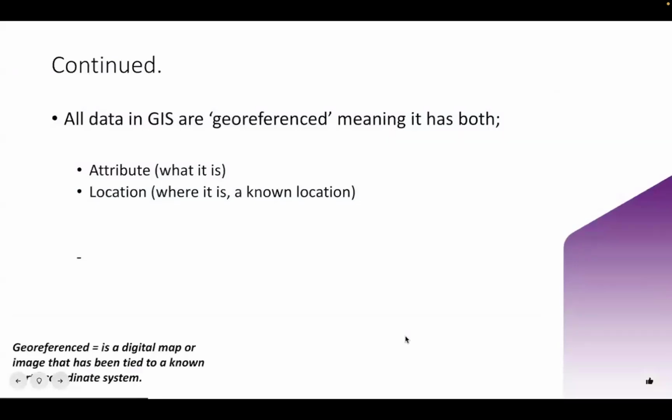All data in GIS are georeferenced. This means it has both an attribute and a location. Geographic information contains an explicit geographic reference, such as latitude and longitude or national grid coordinates, or an implicit reference, such as addresses, postcodes, census tracts, or even road names. We use an automated process called geocoding to create these references